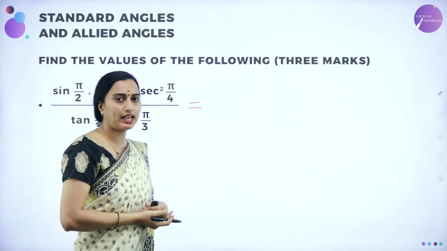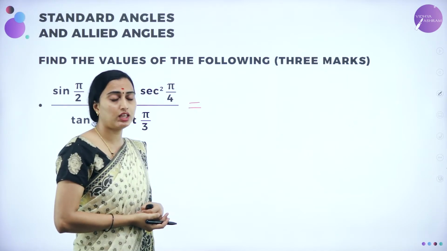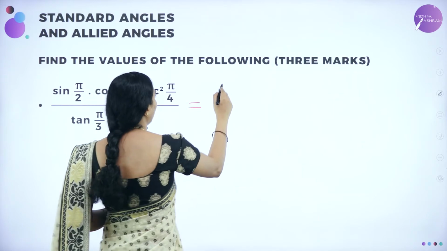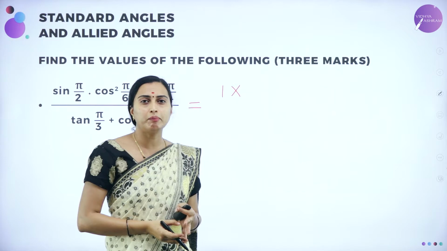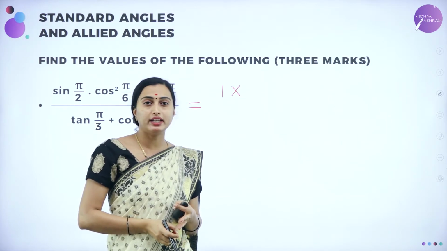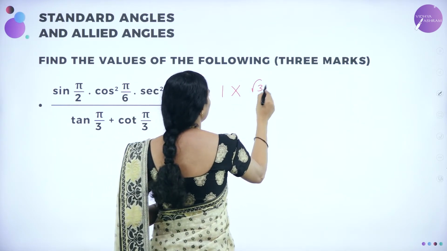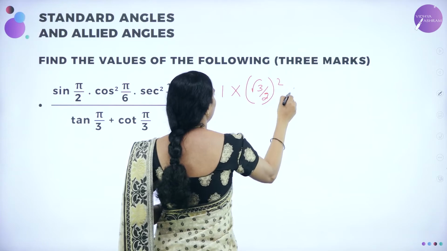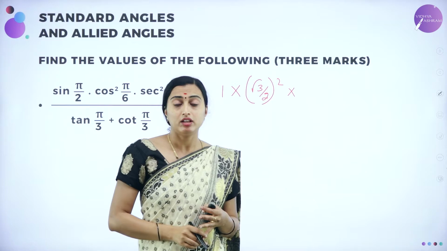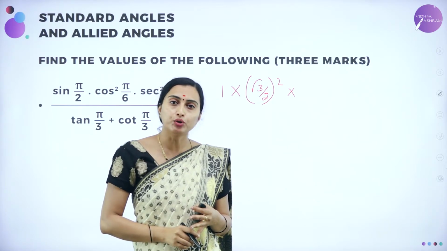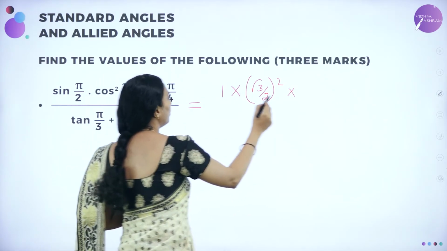Sin pi by 2 means sin 90 degree. You know already sin 90 degree gives you the value which is nothing but 1. So 1 into cos squared pi by 6. Pi by 6 is nothing but 30 degree. Cos 30 degree is nothing but root 3 by 2. So therefore cos squared you are having root 3 by 2 whole squared into secant squared pi by 4, which is secant 45 degree. So cos 45 degree is 1 by root 2. Secant 45 degree is root 2. You are having to the square, so root 2 whole squared